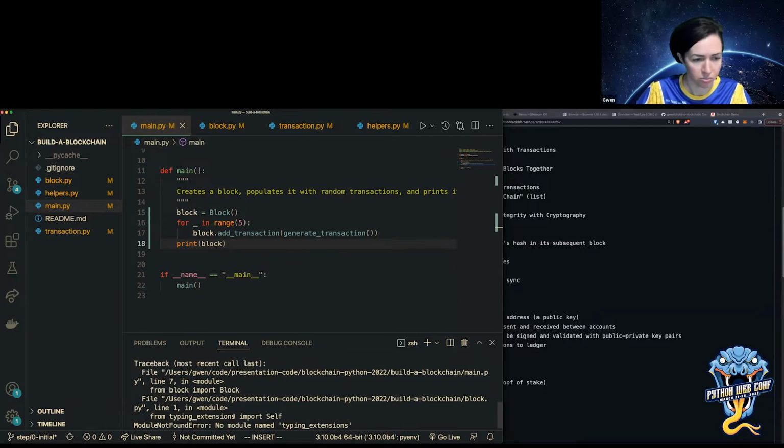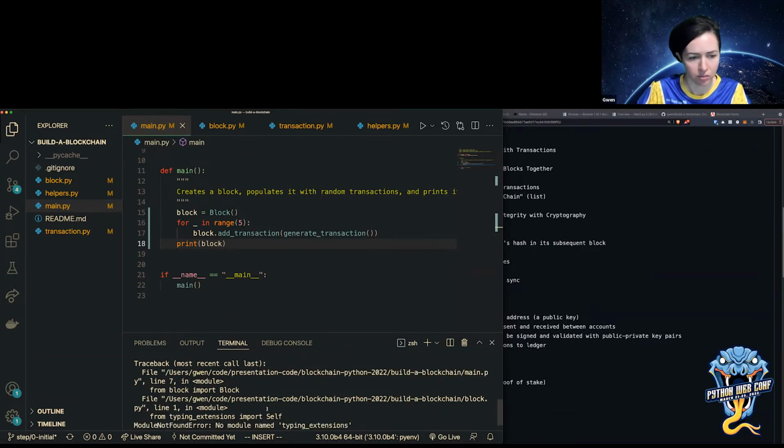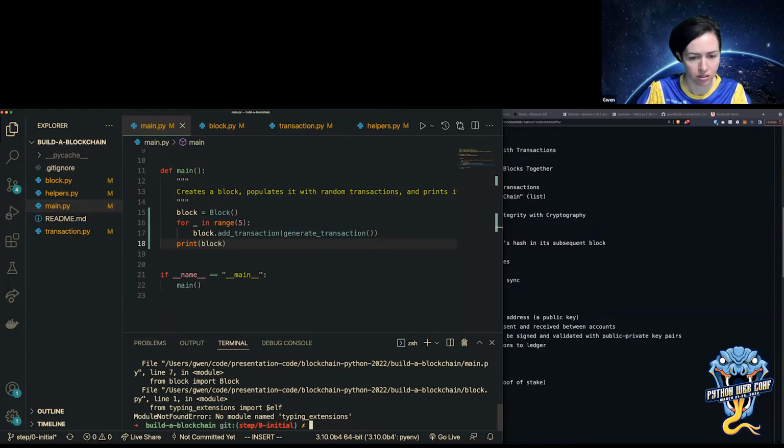Let's see, no module found. Okay, all right, so I have an error. From block import block. Import self, what?